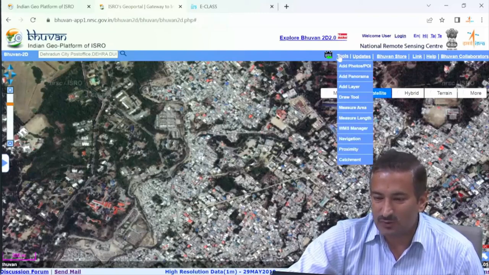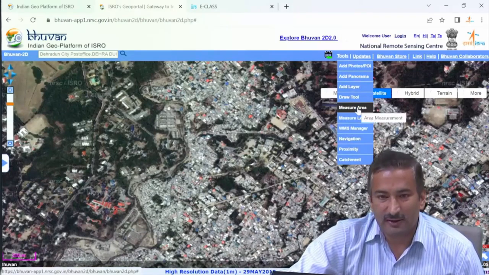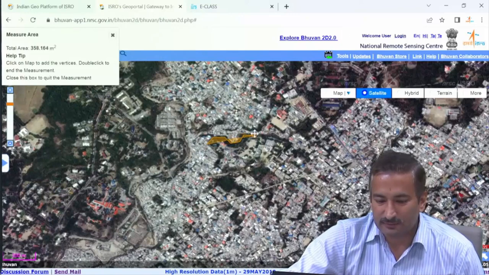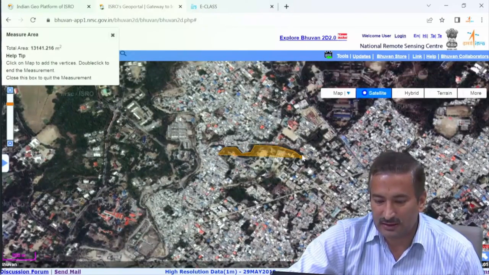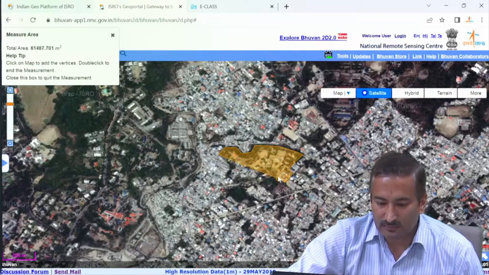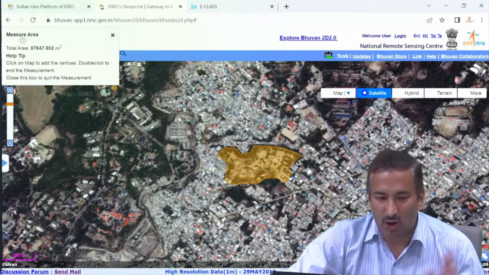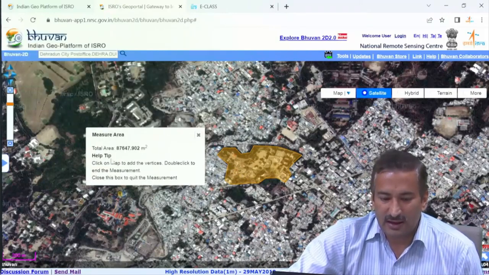So again, measurements, you can do it from here, draw measure area. Okay, then if we click it here, the boundary is something like this. Now just click it here again, I know that the boundary is up to these green patches only over here. It is going like this, like this, like this. Double click it here, so it shows me at the top right, if you see, the area is